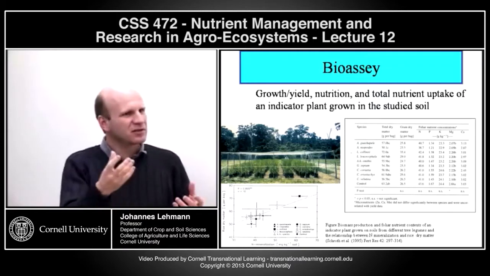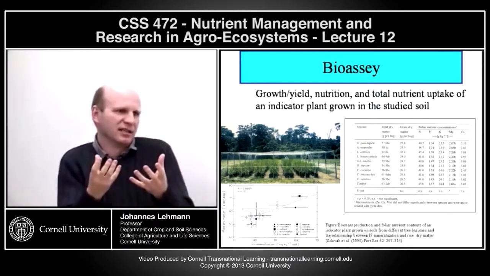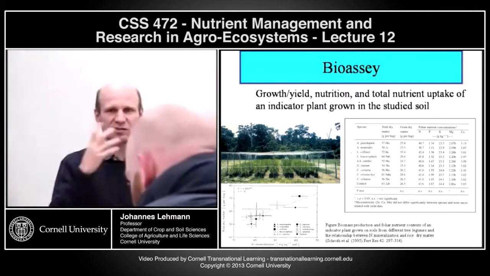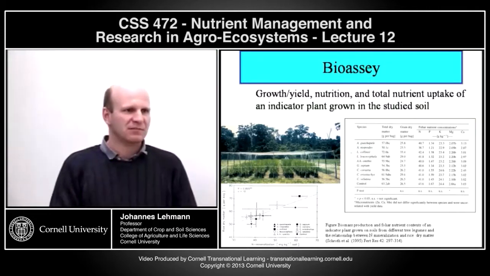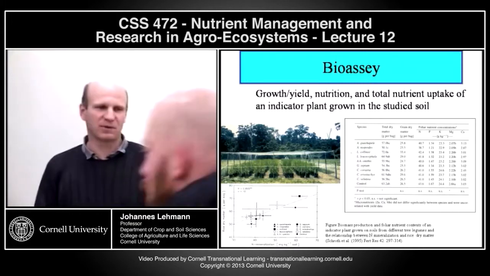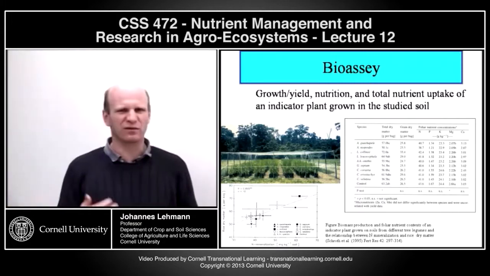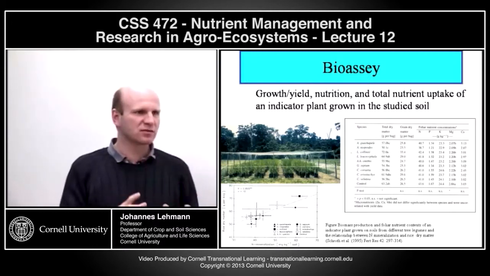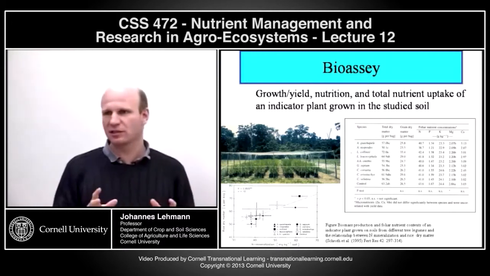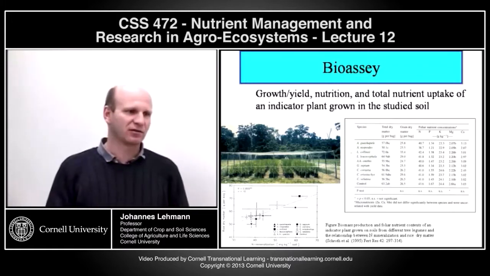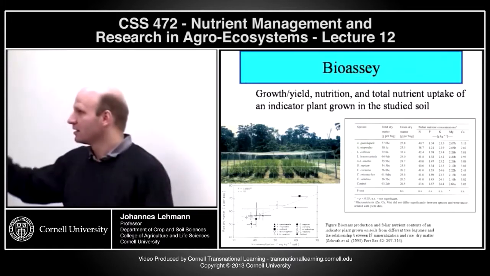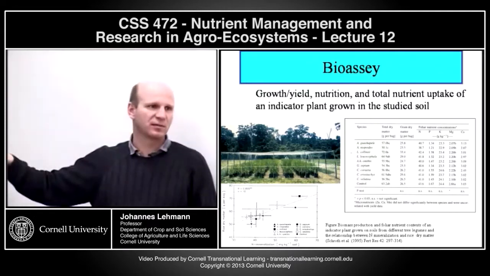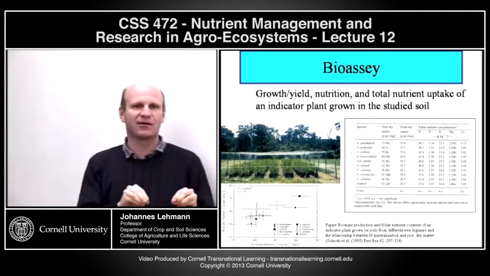Maybe you can discover it looks yellow, it looks red, it's growing very weak. Maybe you can even make a soil test and find out, well, it's sort of low in phosphorus. But very often it's very hard to find out what is the really critical nutrient, what's the real critical process that limits plant growth. And then controlled experiments, bioassays or field experiments are necessary to really nail down what the